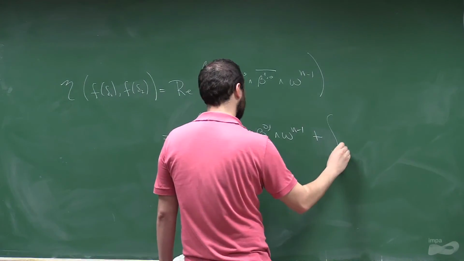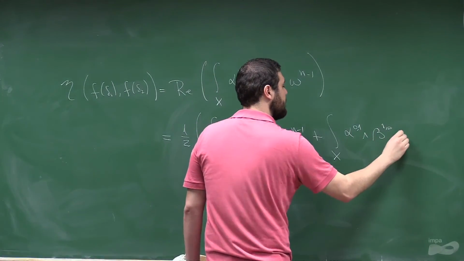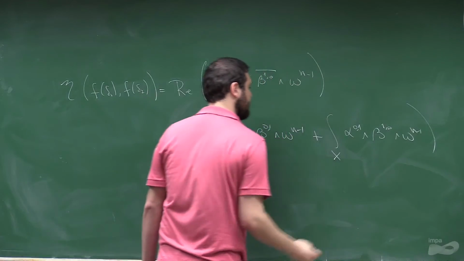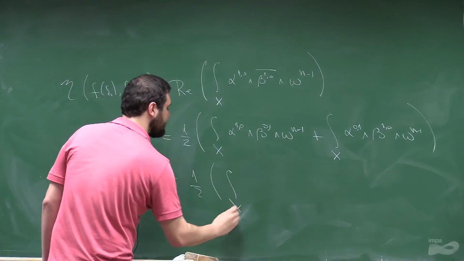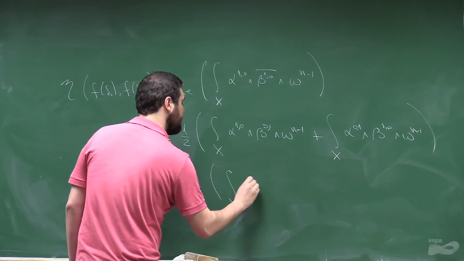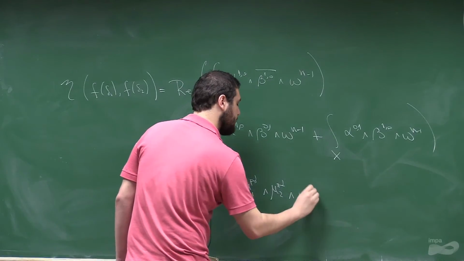And the conjugate is alpha 0,1 wedge beta 1,0 wedge omega to the n minus 1, right? And this sum is equal to 1/2 of the integral over x of mu1 PD wedge mu2 PD wedge omega to the n minus 1,